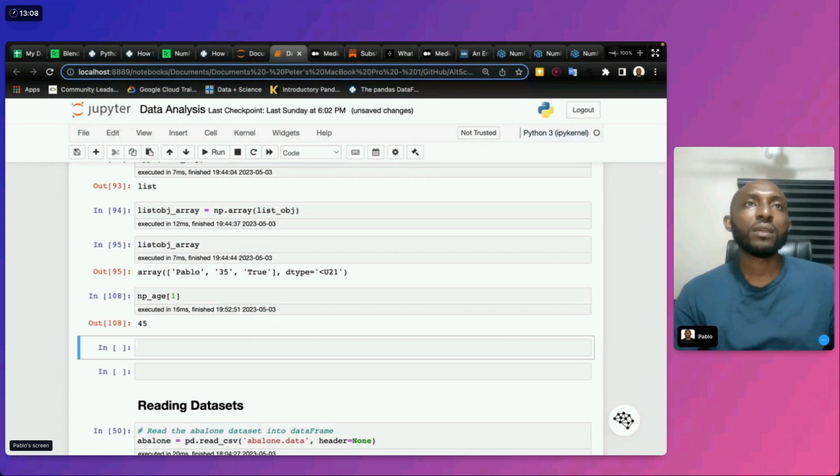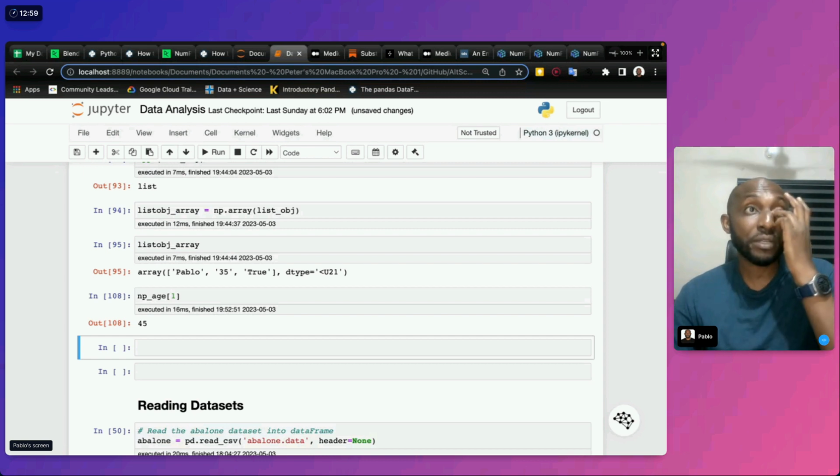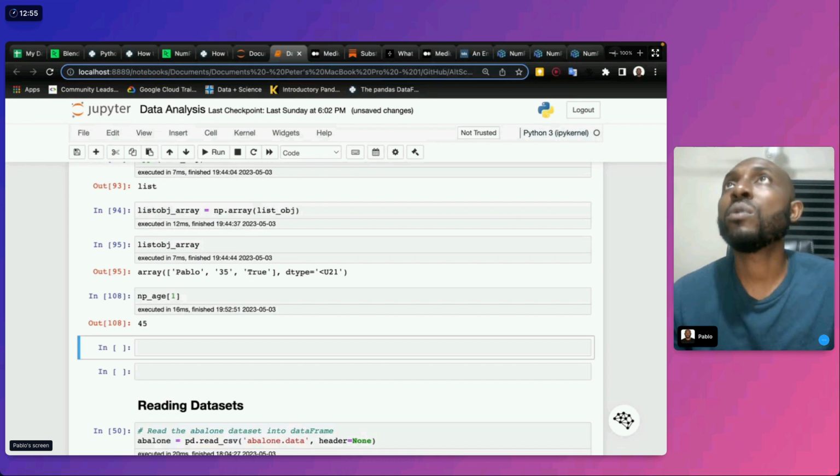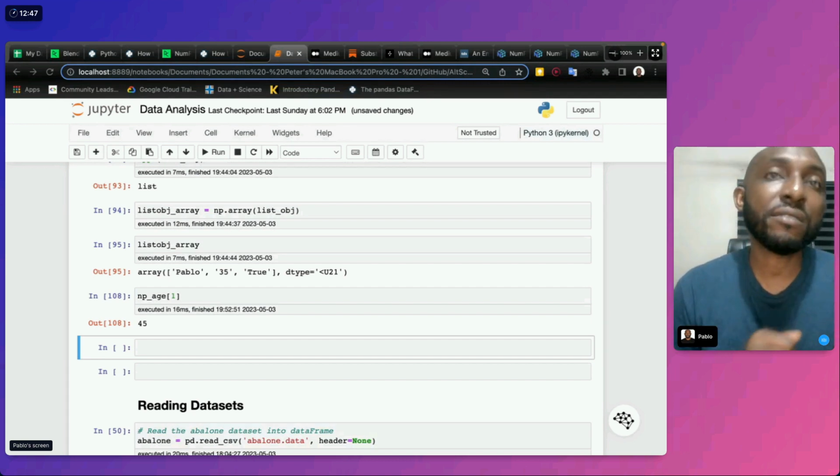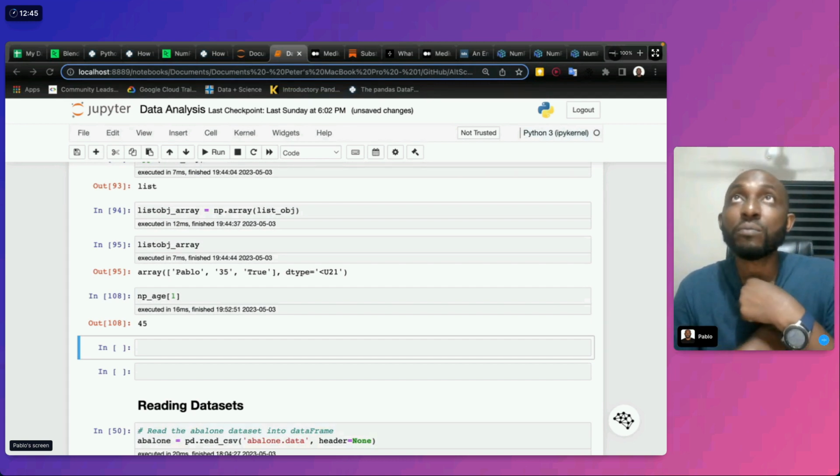Also, arrays can come in 2 dimensions, and they can also come in 3, 4 dimensions and more, which is very important. What that means is your data can be stacked on top of each other, and that's another massive thing NumPy arrays can do.